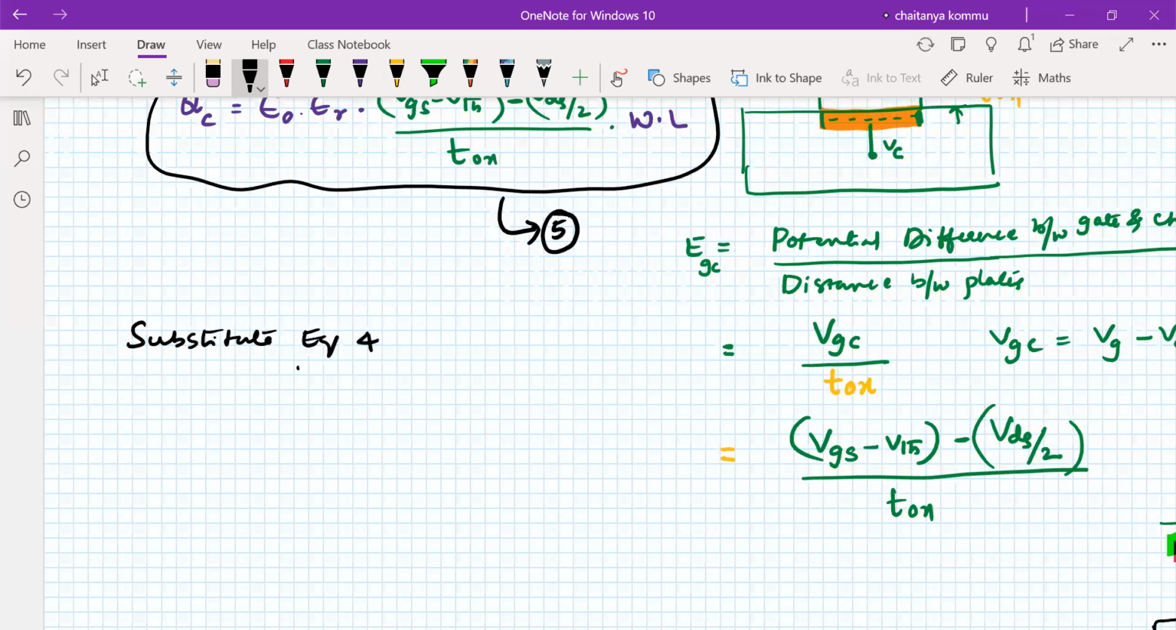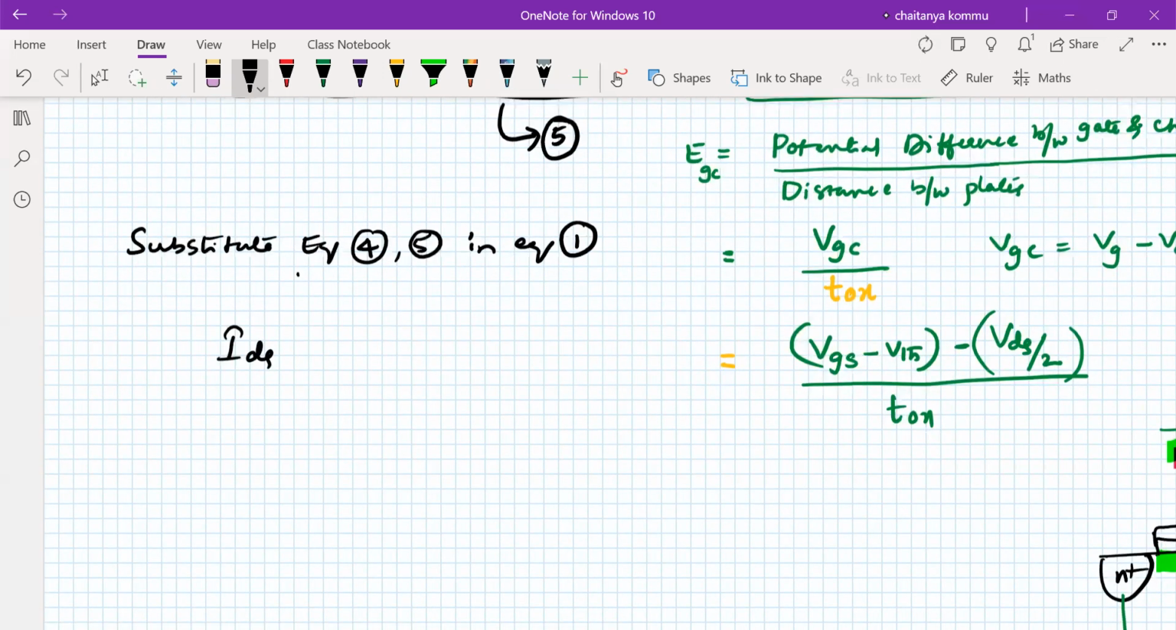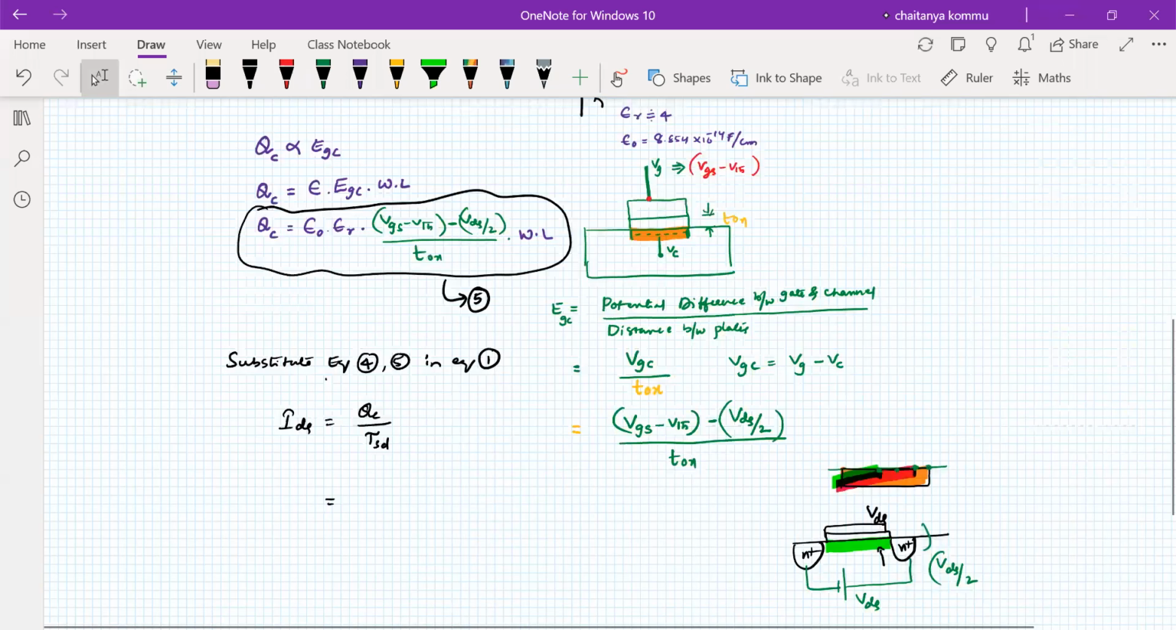Equation number 4, 5 in equation number 1. So what is equation number 1? IDS is equal to QC divided by tau SD. So what is the QC here now? We can substitute that one. QC is nothing but